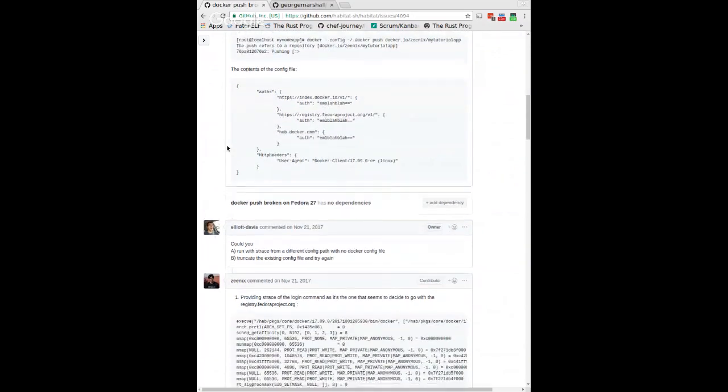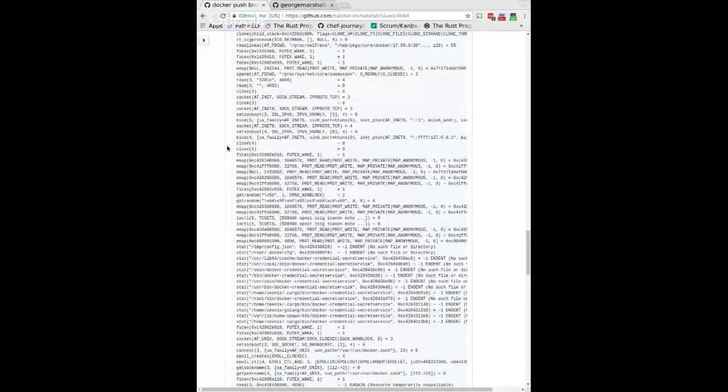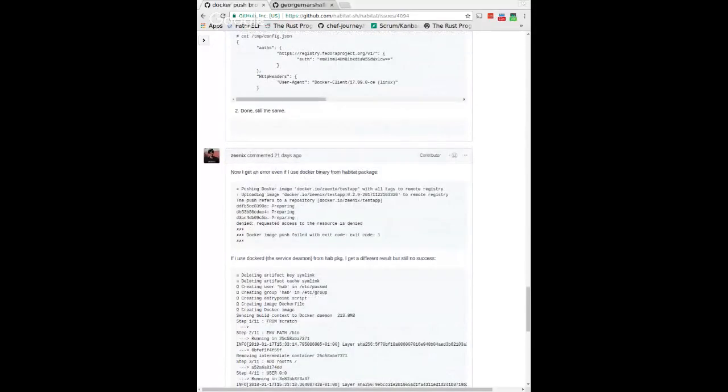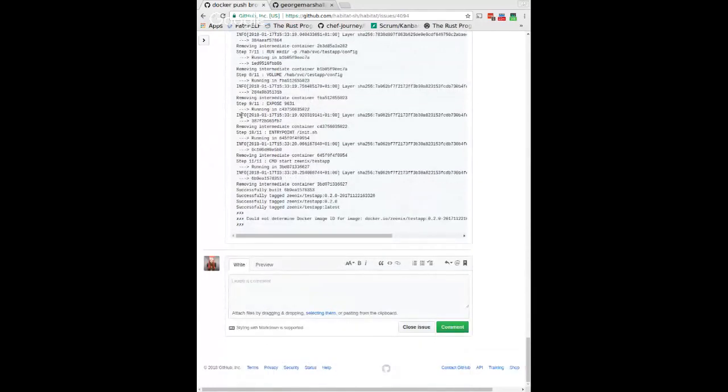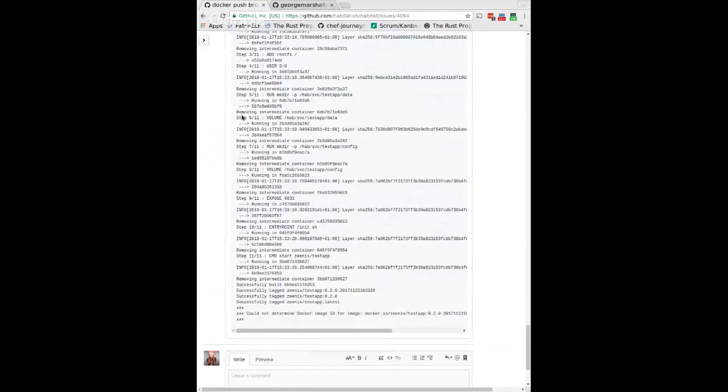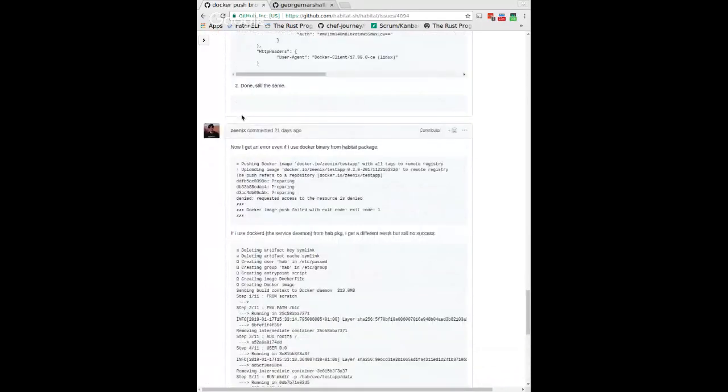Well, so it looks like the Docker that ships with Fedora is working, but the Docker that ships with the Habitat package is not working with the same kind of flow. So I'm wondering if there's a version difference or something. "Unauthorized: authentication required" is kind of a weird thing. I would imagine that Docker Hub hasn't just dropped support for some old version of Docker that's 4 months old. However,